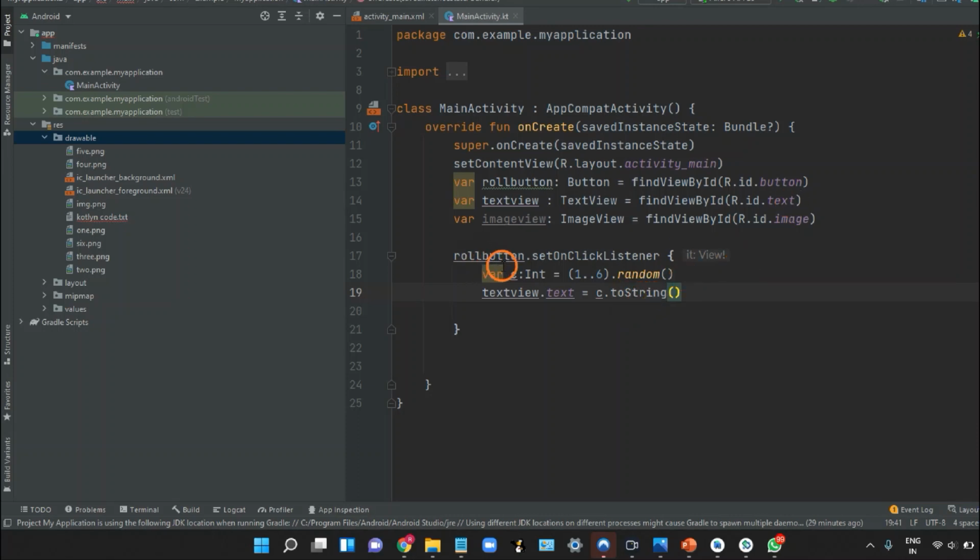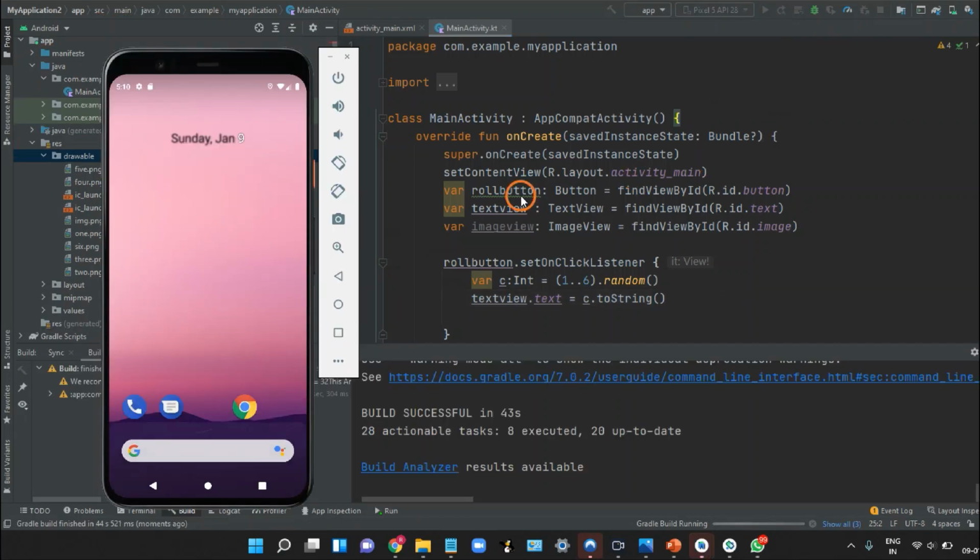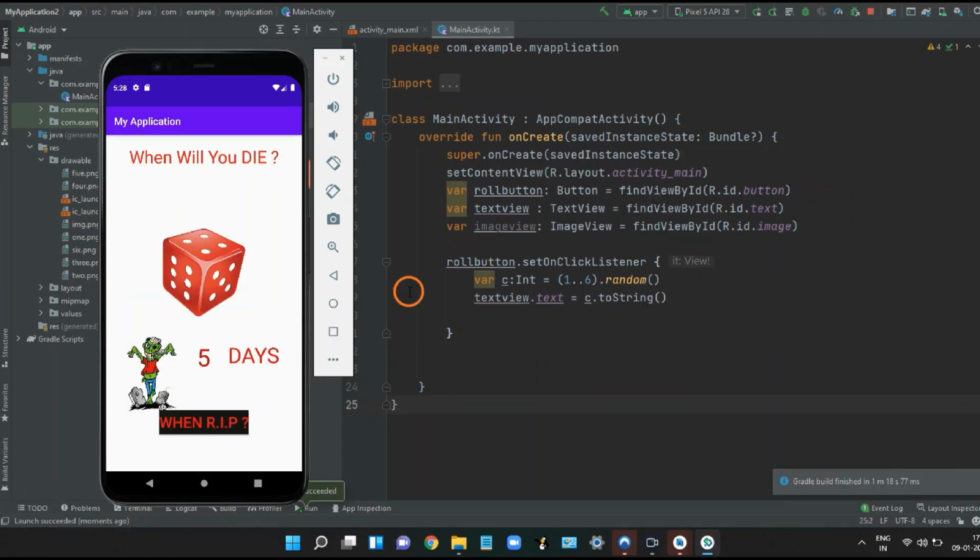So now let's connect the images. First of all, before connecting our images, let's run only this much part. So our virtual device is getting started. You can see this is my virtual device.